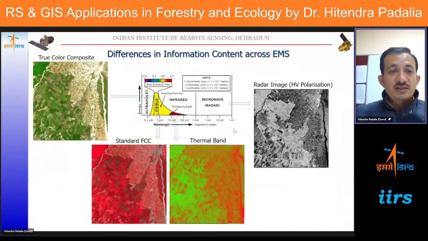The advantage of the electromagnetic spectrum for use in remote sensing is that, as I mentioned earlier, the visible region gives us information in a different way, and then we have the thermal region. It gives different information. Similarly, the microwave region has a different kind of interaction with the forest canopy. So we actually intend to use the information from different wavelength regions for effective decision making. That is why nowadays a lot of new satellites and new instruments are coming, which are covering different wavelength ranges for different ecosystem studies.